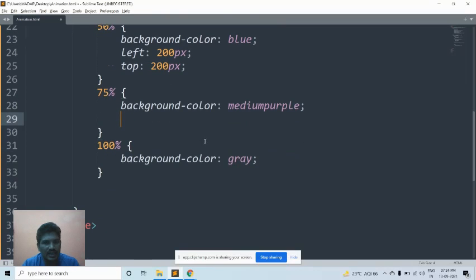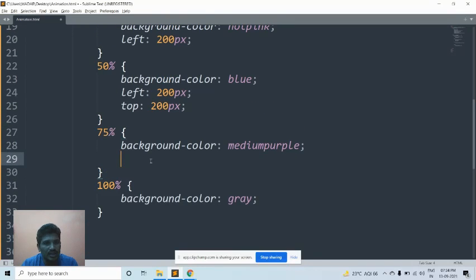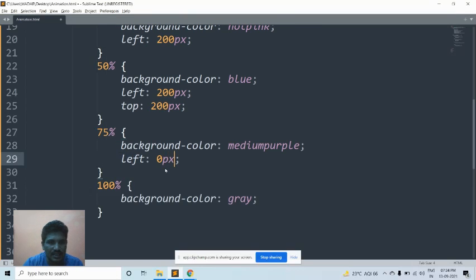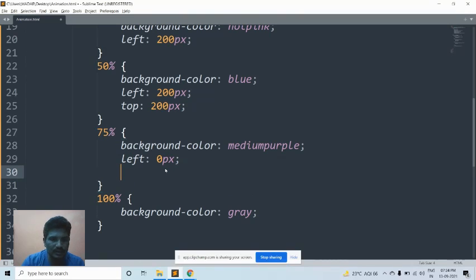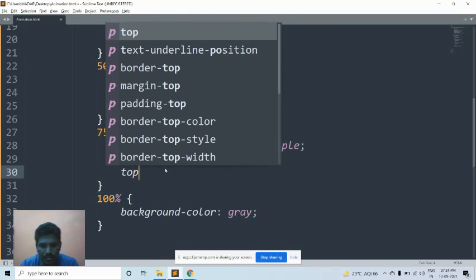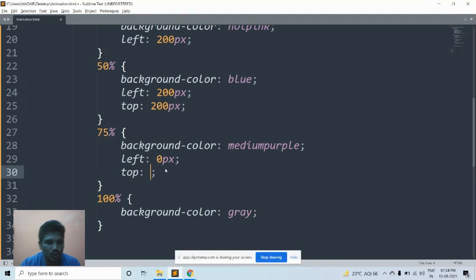Then I will show you with an example. Please don't get confused. Then after that left 0 pixel. Then top 200 pixel.